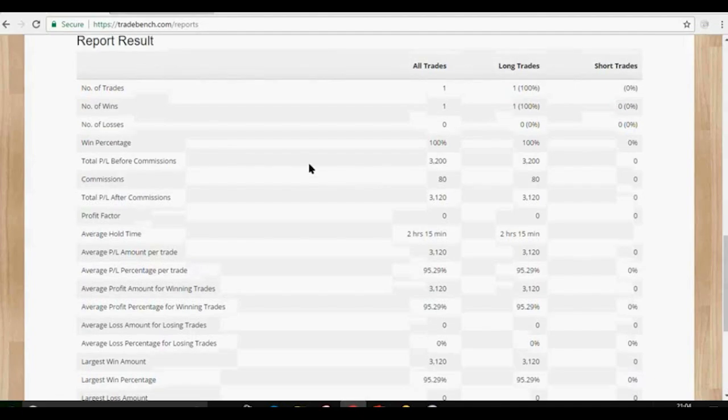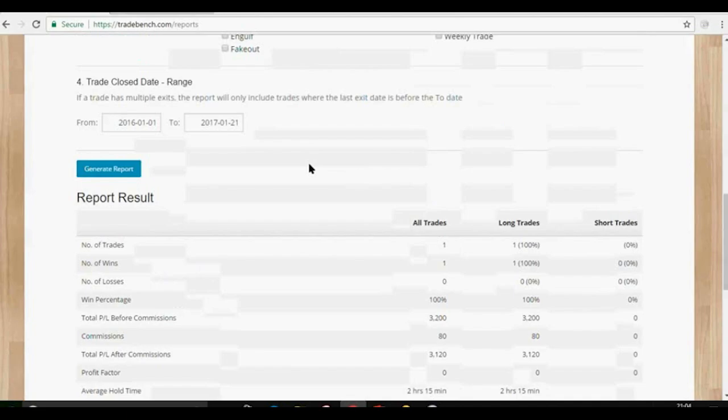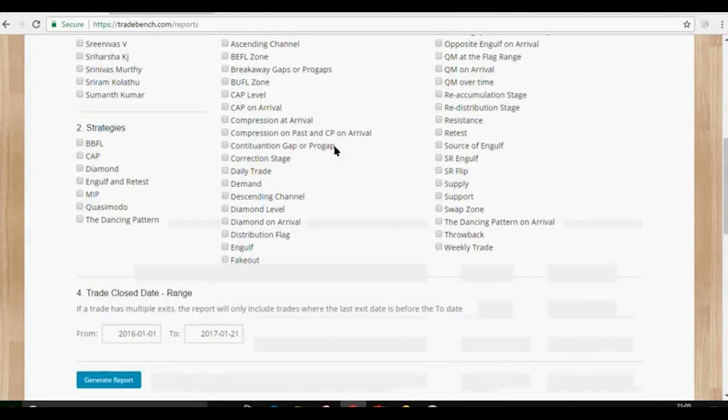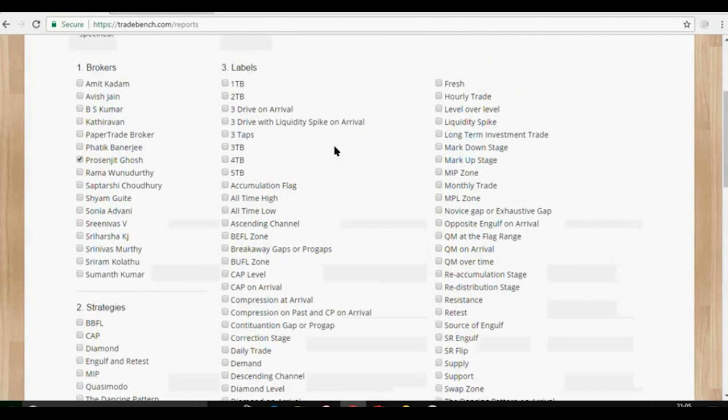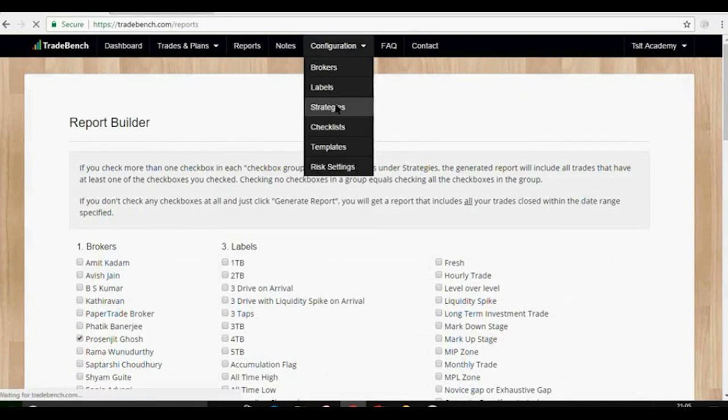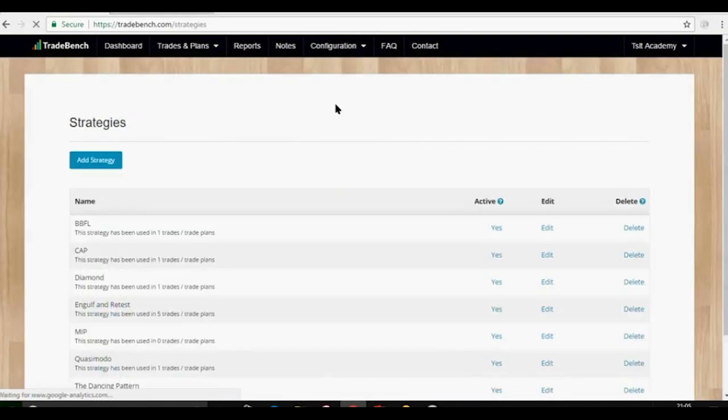So this is how you can also showcase your work to the world, if you want to, because this will stay there as a thread for you for a long time. This will show how good a trader you are, right? So start doing this. Then once this is done,